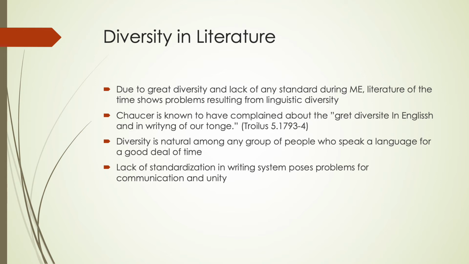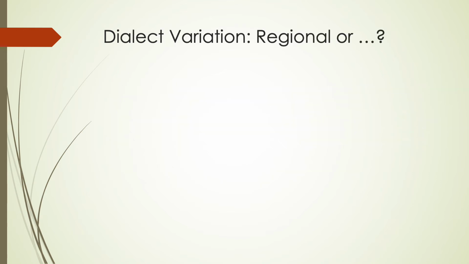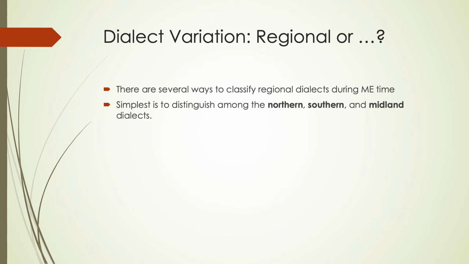There's also some other issues with how we determine the kinds of dialect variation we see during this time period. Most of the time, we're thinking about dialect variation at one single moment in time, so things like regional dialects are going to be very important. But there's several different ways that we can classify these regional dialects during this time because there was so much variation that was found. So, most of the time, the simplest way to distinguish this would be the northern dialects,